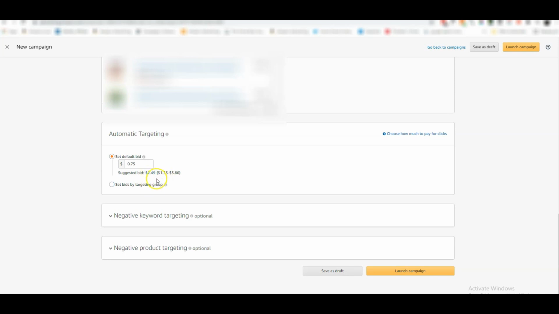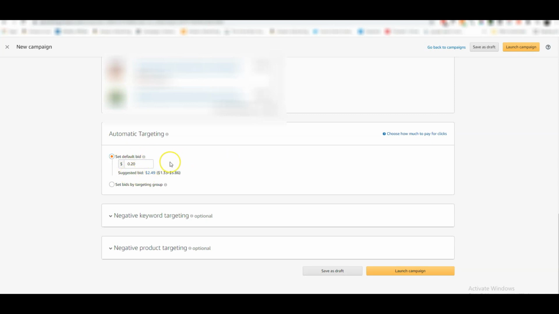So this is why I don't run ads on notebooks, because if I'm spending $2.49 on each click, because this is what Amazon will charge you each time somebody clicks on your ad, I will quickly run out of money because my profit for each notebook isn't very much. It's about $1 per book. So I would lose money on this straight away. This is why I like to run ads for books that are worth more money, where I have a bigger profit margin. But let's just put a very low bid here. Let's just say we place 20 cents on this bid.